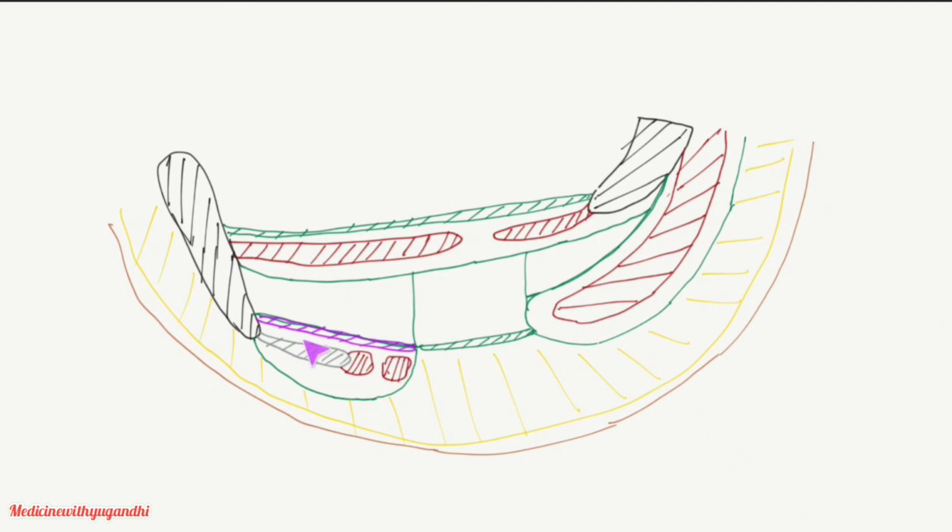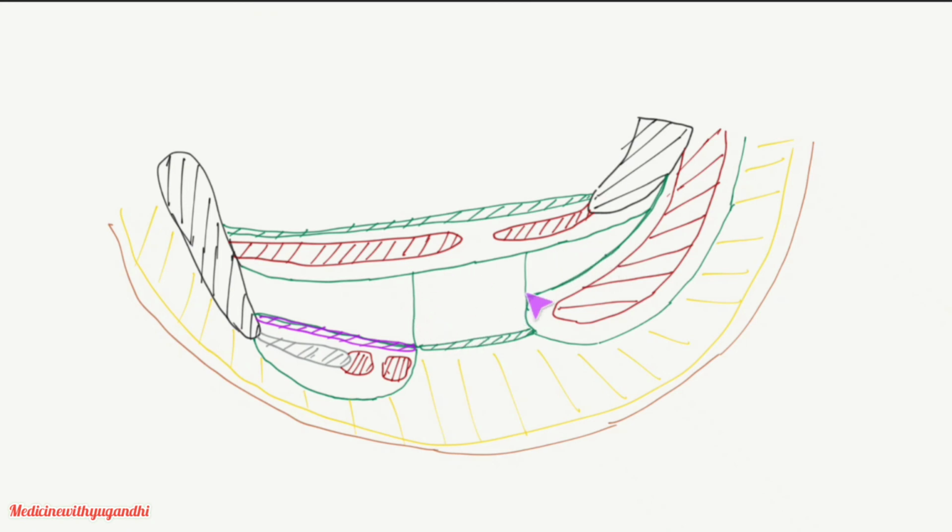It extends above the perineal membrane. So this is the perineal membrane. This anterior recess extends above the perineal membrane, and it reaches the posterior surface of the body of the pubis, and moreover it is closely related with the vagina and also the prostate, right? And of course this is the posterior recess. This is smaller than the anterior recess. From the diagram itself you could appreciate the size of the posterior recess compared to that of the anterior recess. So the posterior recess is smaller than the anterior recess, and it extends deep to the sacrotuberous ligament. So this is the sacrotuberous ligament, and this recess lies deep to it.